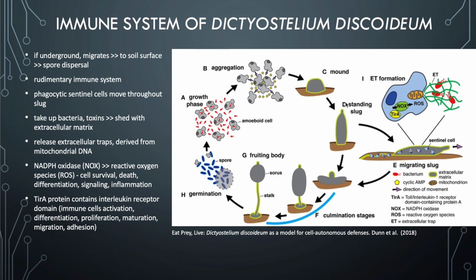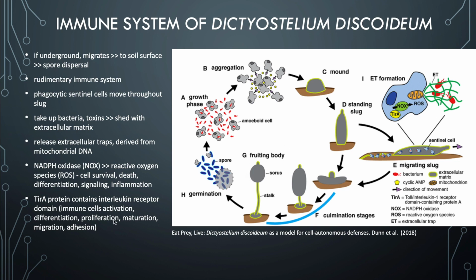This standing slug forms, which is also called the finger, and then when it falls down, it starts to enter the culmination stage, and this is where the stalk is formed from the Mexican hat, and the sorus starts to develop, and of course that grows and eventually it matures, and the fruiting body or the sorus